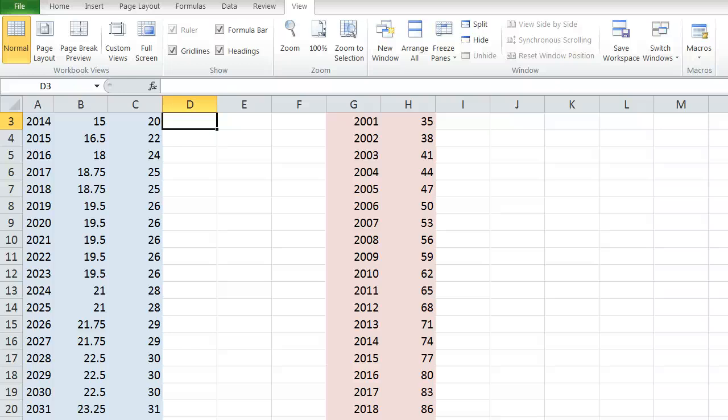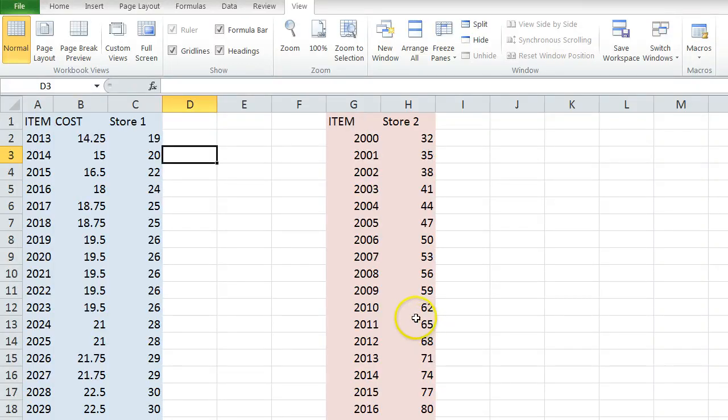Hi, in this video we're going to talk about how to do a VLOOKUP. A VLOOKUP is very useful. Say you have two columns of information and you want to combine some information. I have items from this column that I want to match up with items from this column. If the two columns are unequal and you can't lay them next to each other easily, you can do